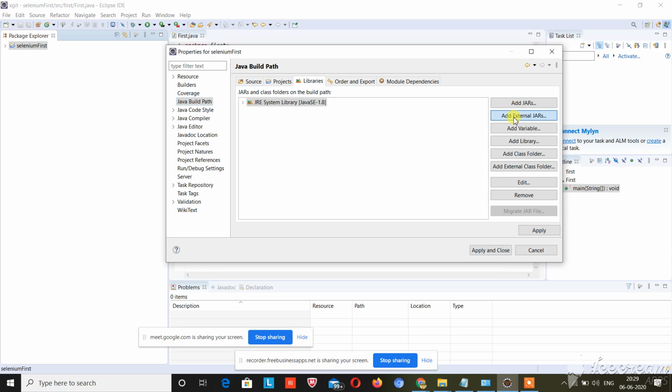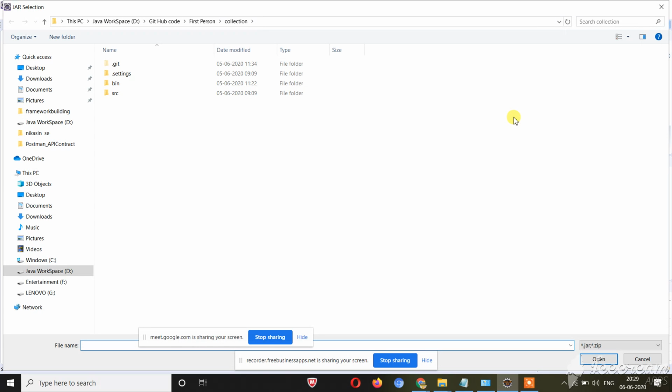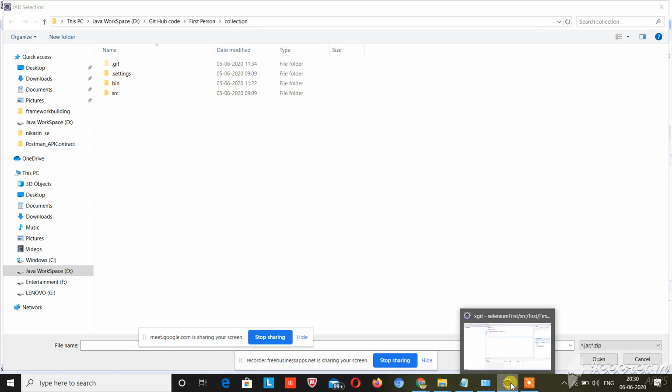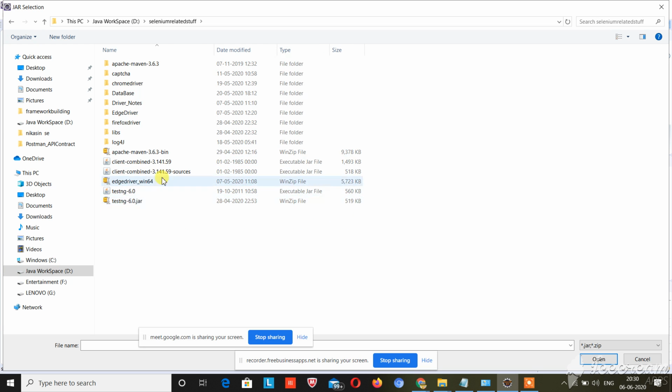Click on this add external jars, and the jars which you have downloaded and extracted, you need to import those jars. So I have Selenium jars, sorry, these are the extra jars, Selenium related stuff. These two,